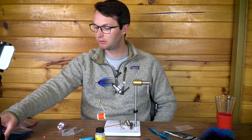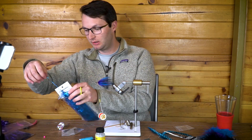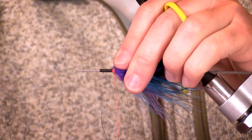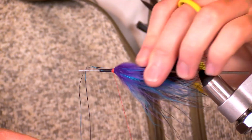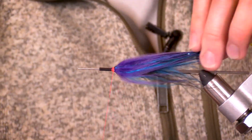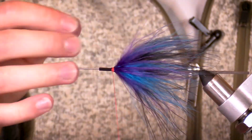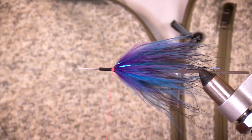One of them being a little bit of flash through the fly. So same thing, I'm going to use this Flashaboo in Steely Blue. And I don't flash my flies very heavily, so I'm just going to tie in literally 2 strands on my near side and wrap them over, let them come to the far side. Clip them a little long. I like them to be long through the fly. And then on top of that,